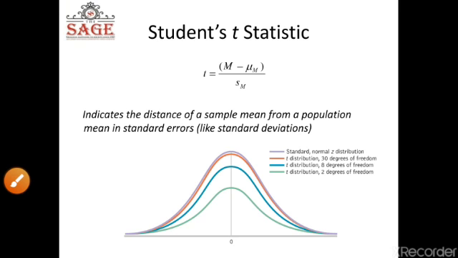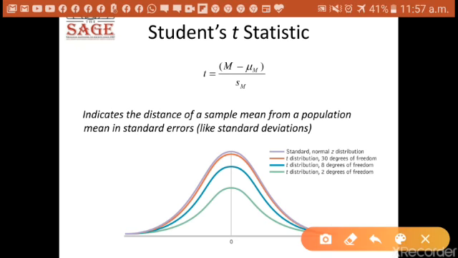We'll go ahead and talk about Student's t statistic. Under the t statistic, the basic formula used is this formula, which will be used in all three different types of Student's t-test. M is your sample mean, and mu m is your population mean. Clear? You have to take the difference between them and divide it by sm.